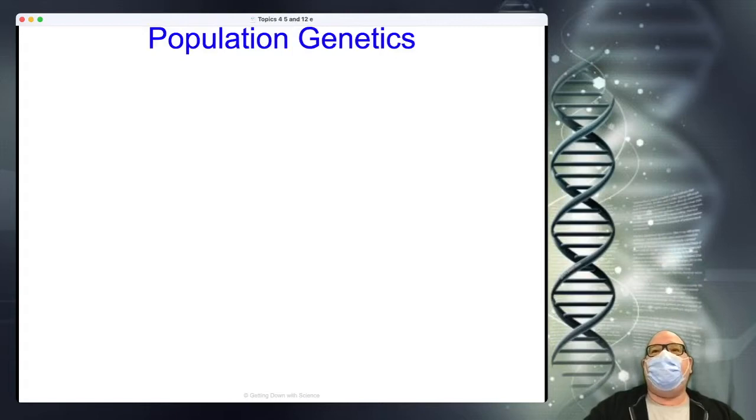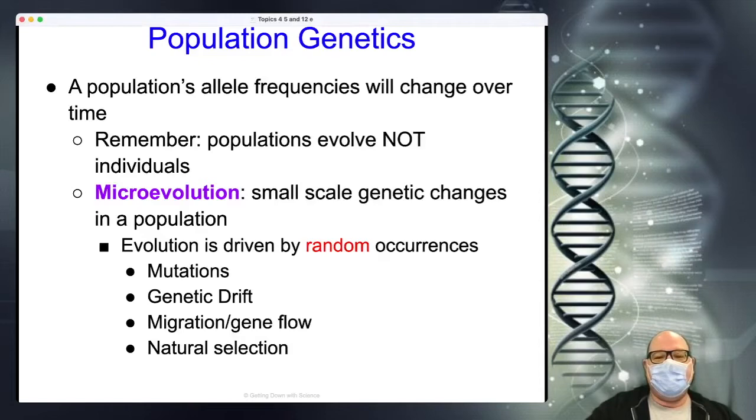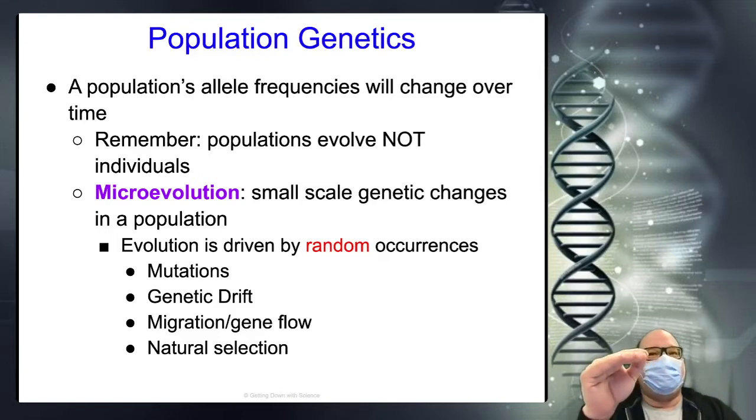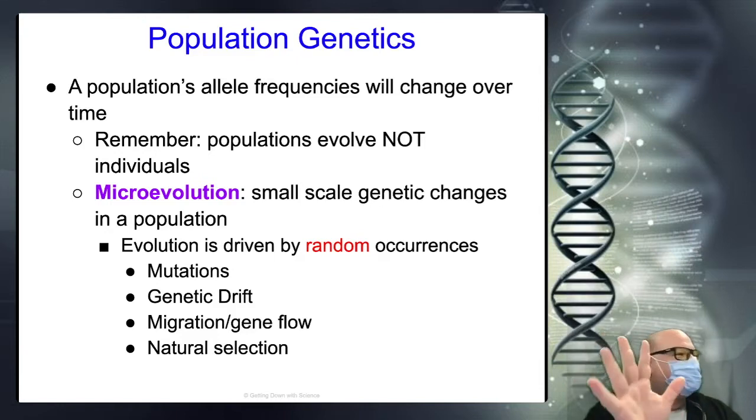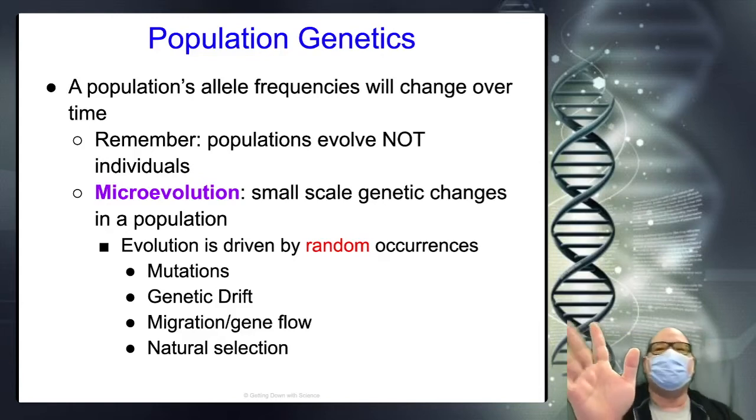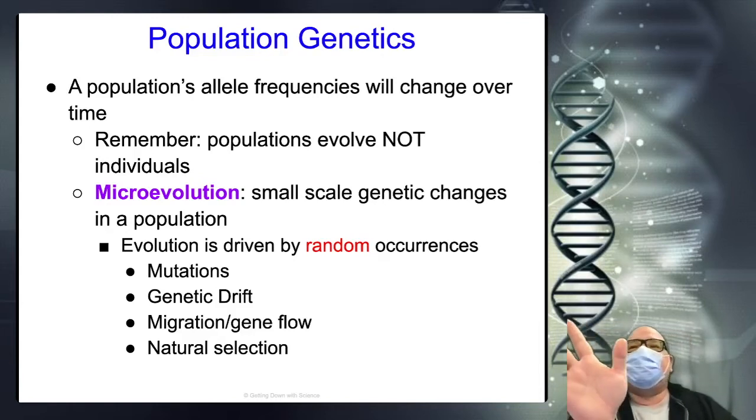All right, so what we're going to start looking at is population genetics, okay? If we look at a population's alleles, we will see the frequencies of alleles. When I say frequency, that just means how frequently it happens, okay? If you say, like, I eat ice cream frequently, that means you eat it very often. This is not really the physics frequency, even though they are the same thing, how often a wave happens. But anyway,